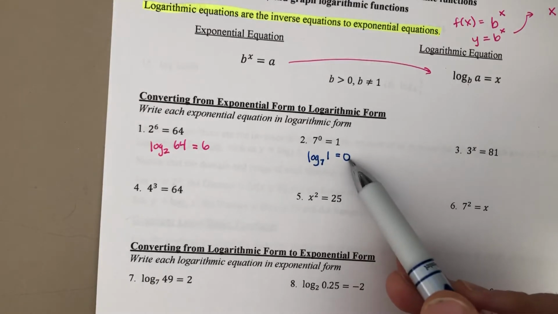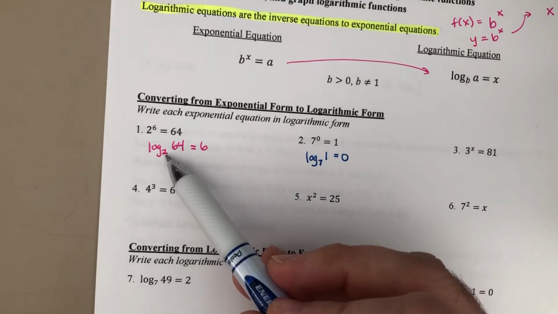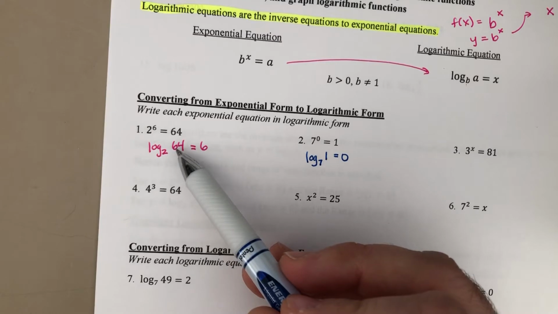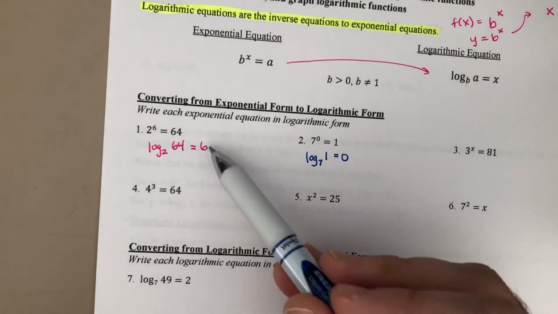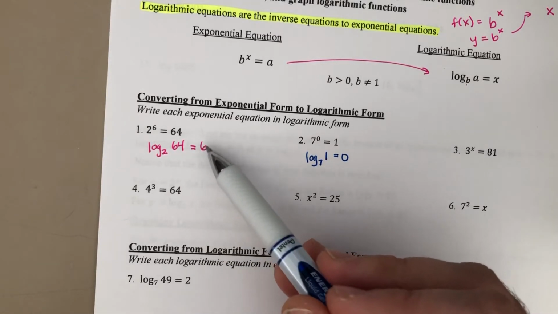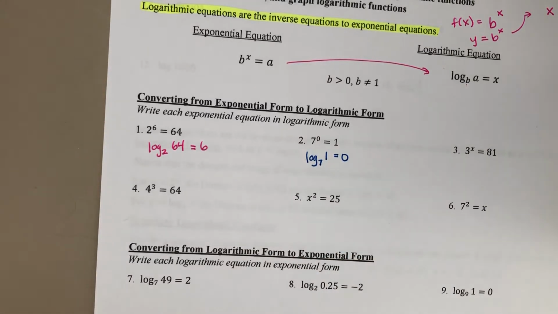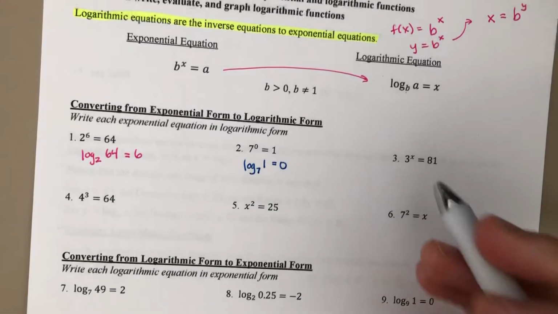That power is 0. 2 to what power is 64? That power is 6. All right, so again, this is the exponent out here. This is the power, if you want to talk about it like that. Okay, so then when we have an x in here,